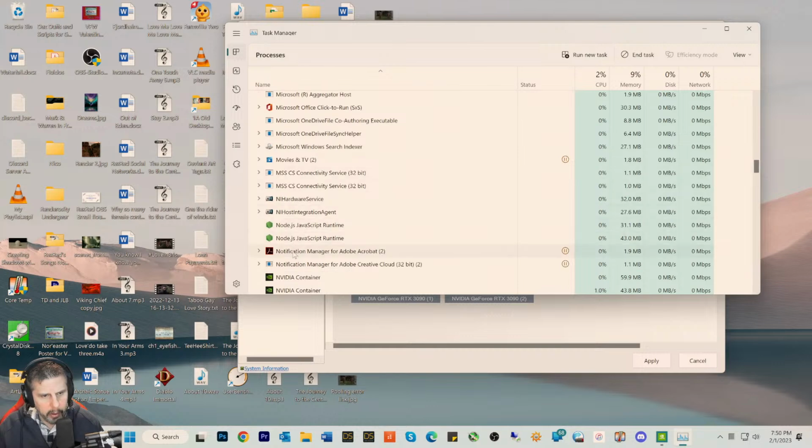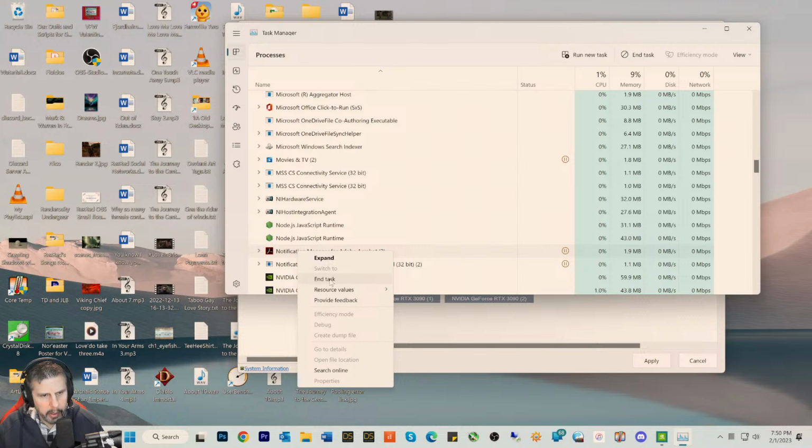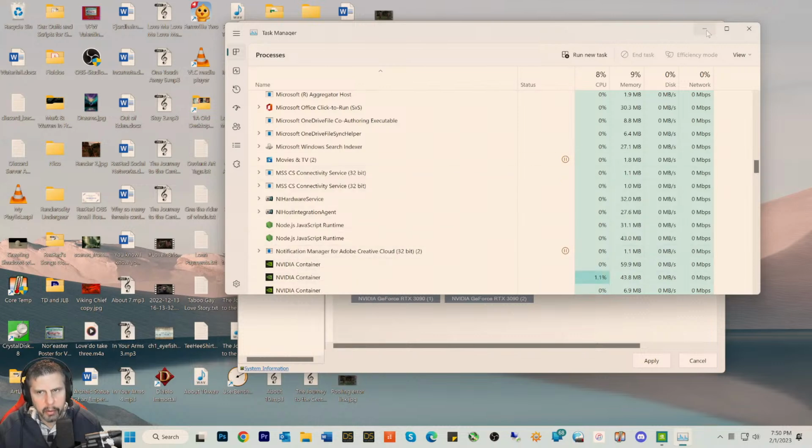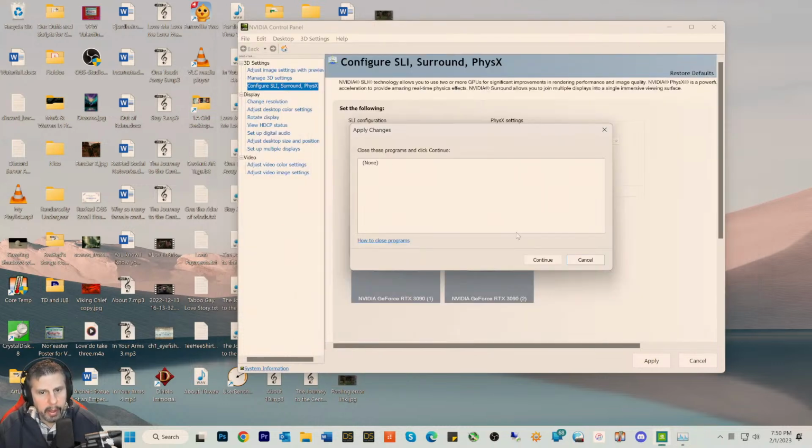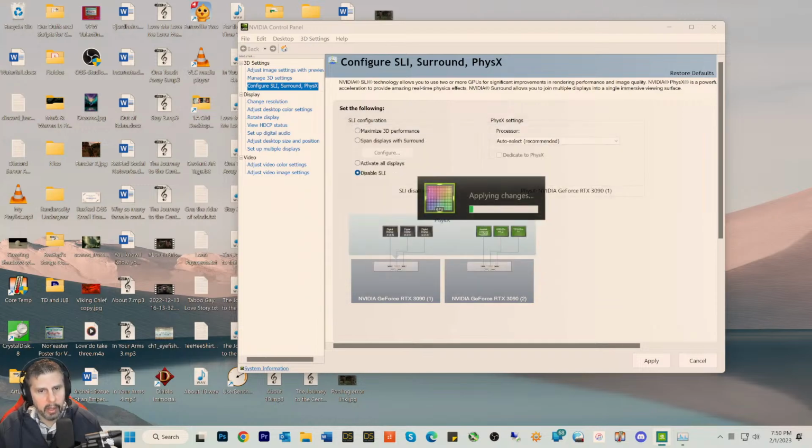There. End task. Okay, now we can turn off SLI. Now, I think what we'll do is a single test with SLI off and